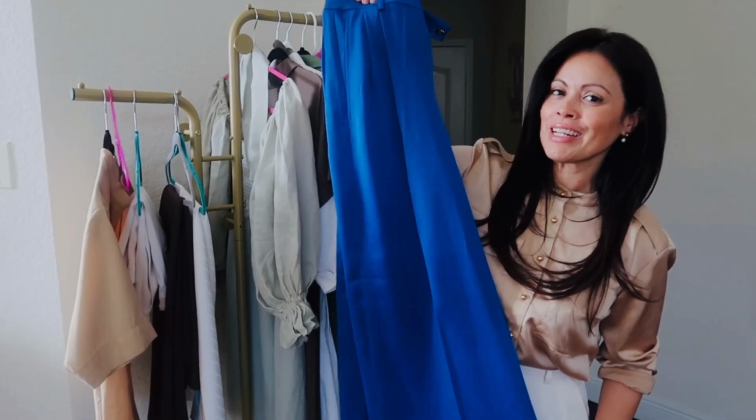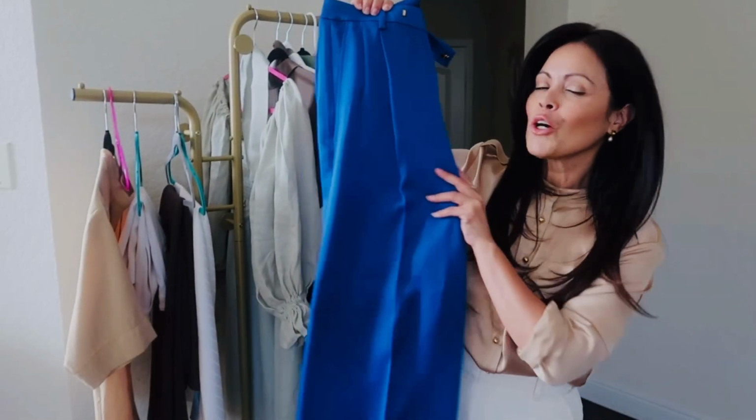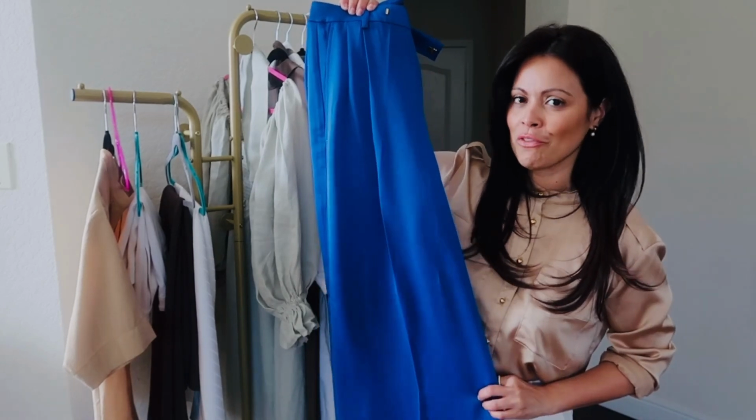Now we're gonna get into the fun part. We're gonna talk about a couple of pieces that I'm incorporating into my spring and summer. That's not to say that I won't incorporate more as we go along, because this is not a big haul. It's just a couple of pieces, but I'm gonna be showing you how I'm gonna be styling them. For my first item, I'm gonna start off with these beautiful wide leg satin cobalt blue trousers from Ralph Lauren,